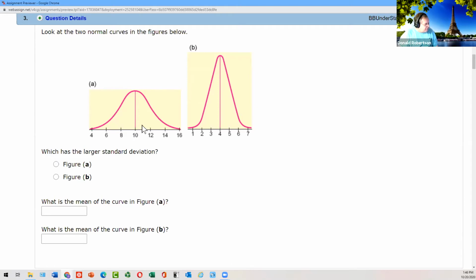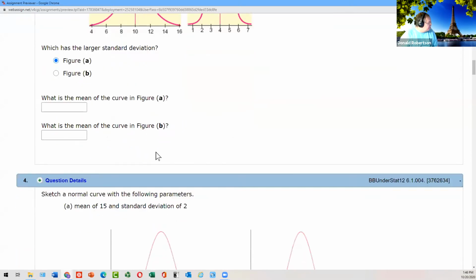There's the mean. 2 units, 2 units, 2 units. You see the 3 steps. Here's the mean. 1 unit, 1 unit, 1 unit. You see it's to do with the mean to the next number, to the next number, to the next number. Because from one number to the next, that's how much a standard deviation is.